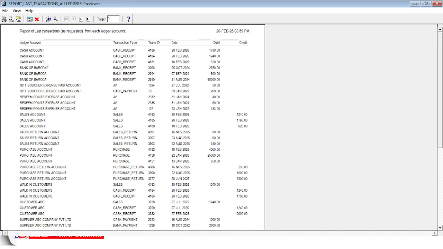Under the ledger account cash, we can see 3 transaction. Last transaction is on 20th February, we received 1,790 rupees. White transaction ID so and so. On 20th February, again we received 1,240. On 18th February, we received 620. In this way, we can see the number of requested transactions from each ledger account